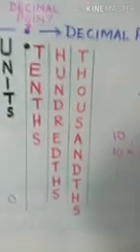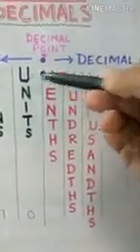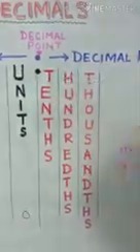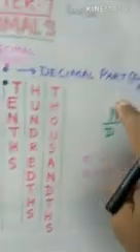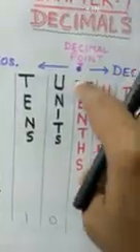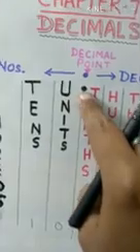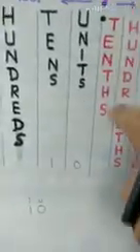But now, to express decimals, we have to learn about the places after these whole numbers on the right-hand side, because on the right-hand side the decimal part or the fractional part of a number is represented. Now we put a point after the whole numbers. And this point is called the decimal point. And just after the point, the place is called tenths.